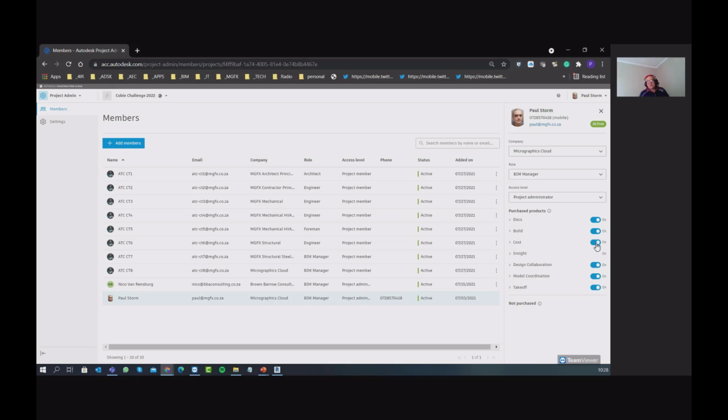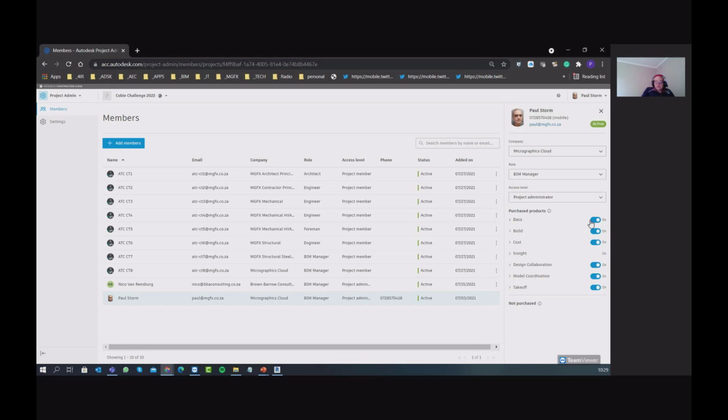have over here. Now, the new platform works a little bit differently to the old platform in the sense that the license that you purchase becomes a bring your own license. So automatically your license will be consumed on a project that you are invited to. Of course, you may be invited to multiple projects. But the administrator would then be able to switch on the entitlements to which you're entitled under your own